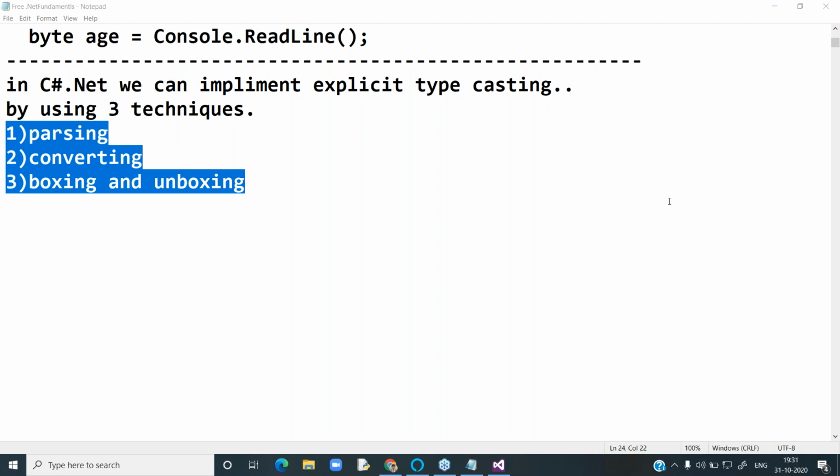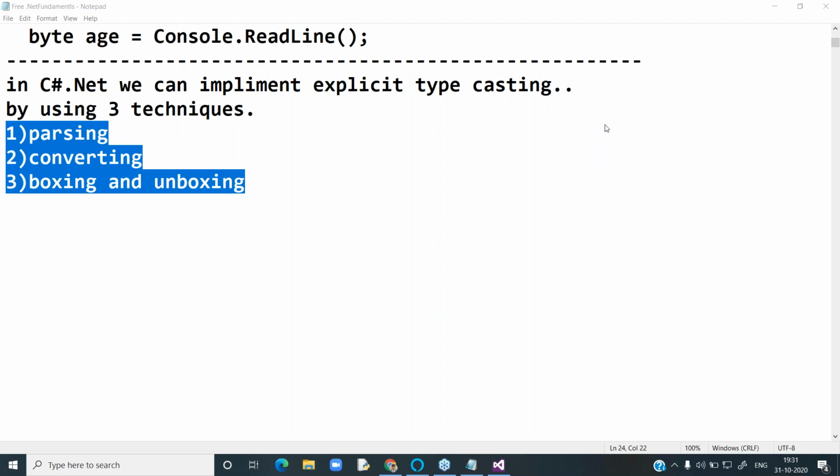What is the second technique? Converting. What is the third technique? Boxing and unboxing. Number one, parsing. Number two, converting. Number three, boxing and unboxing.